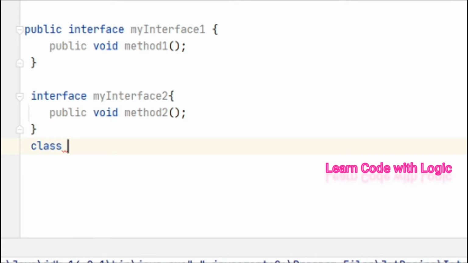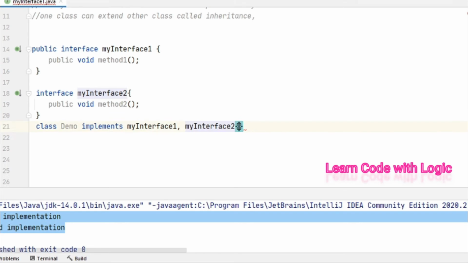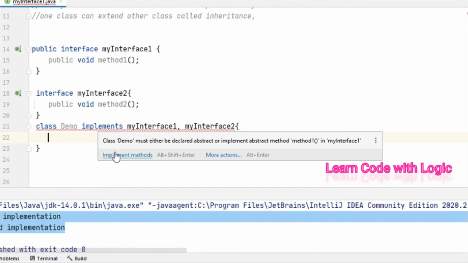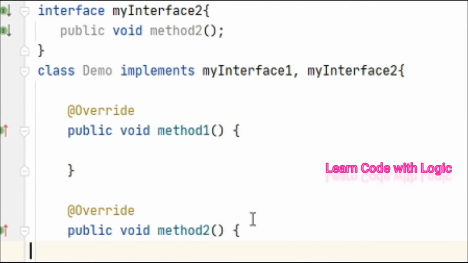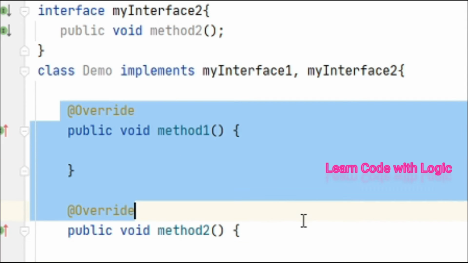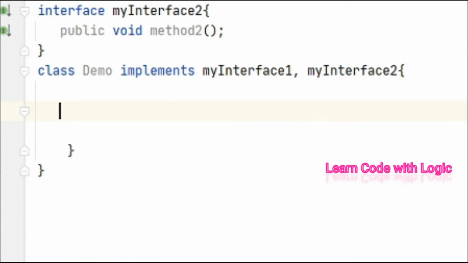Let's say class demo implements my interface 1, comma, my interface 2. Using this, you can implement those interface methods right here. So far it's clear, right?